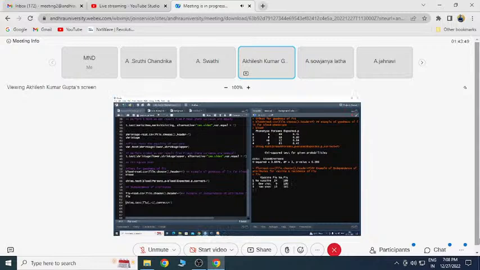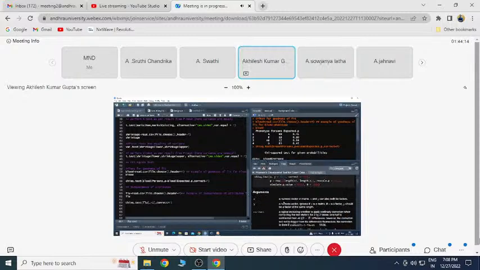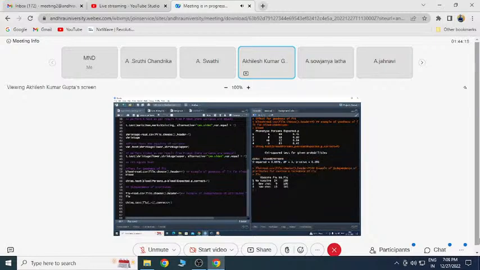This is one attribute, with no vaccine, one shot and two shots, and this is the second attribute, whether the person got the flu or got no flu. This is the basic data, and we have to test whether these two attributes, vaccination and getting the flu, are independent or not. Like I told you, in chi-square you can give your data as a vector as well as a matrix. So in this command for independence of attributes, I have given the data in matrix form.